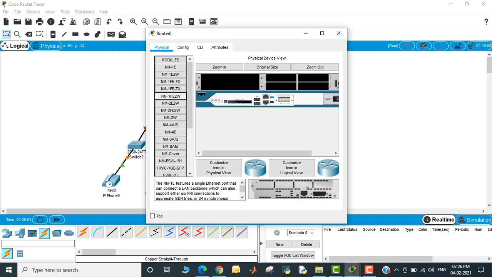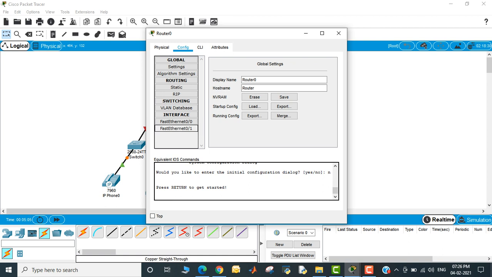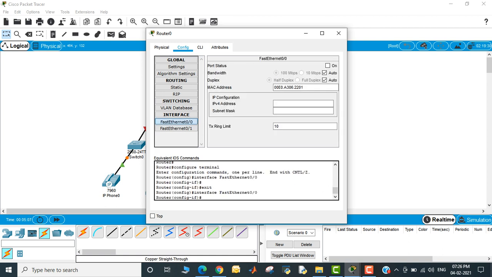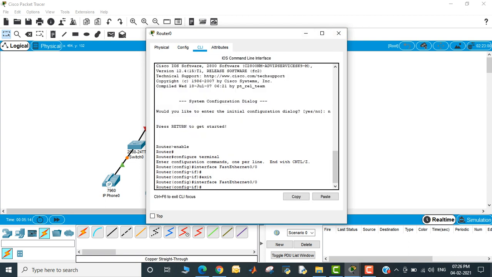For the router, I want to give the IP address in the router configuration. You can see here there is no IP address and no subnet mask. So first we give the connection for this. We can consider any IP address.